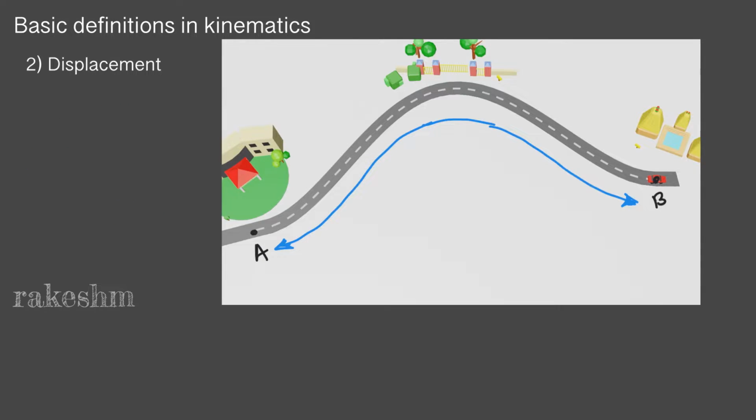The next quantity we'll be looking at is displacement. Suppose there is a body which is starting from point A and it is going to point B. So the displacement is the shortest distance between the initial and the final point. So it is the shortest distance. So from A to B, this is the shortest distance, right? So displacement here is a vector quantity,